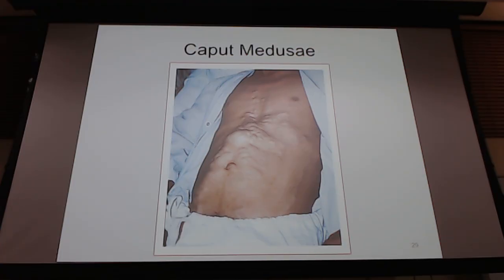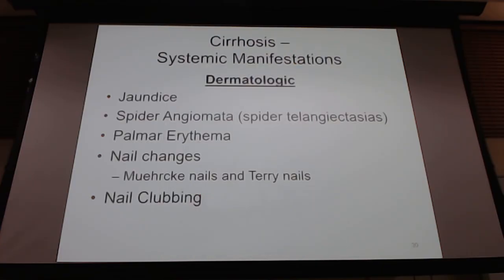Obviously named after Medusa. What are our other systemic manifestations? Obviously, jaundice. If you see in a stem that they're having spider angiomata, we need to be very concerned that that's underlying cirrhosis that's happening. Underlying cirrhosis, palmar erythema. I've got a picture for you, and then we're going to talk about these weird nail